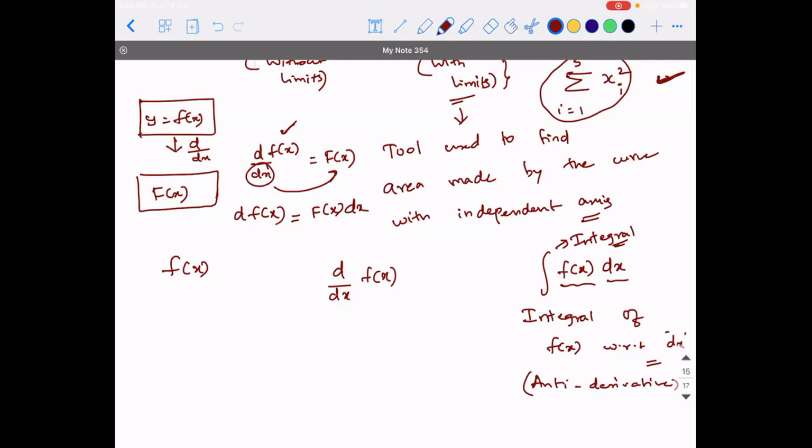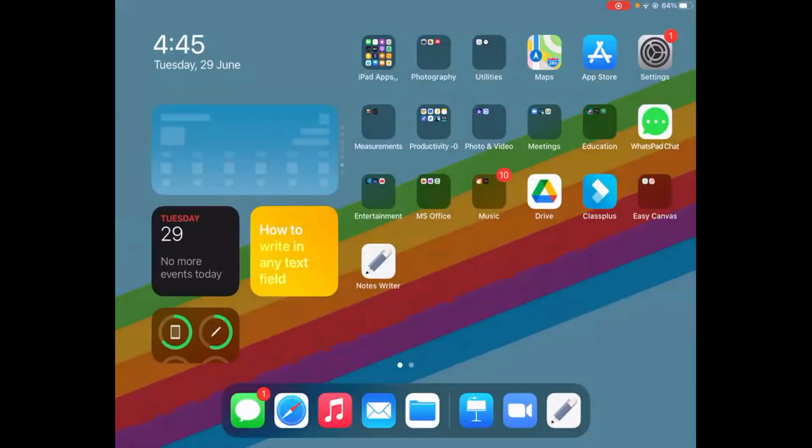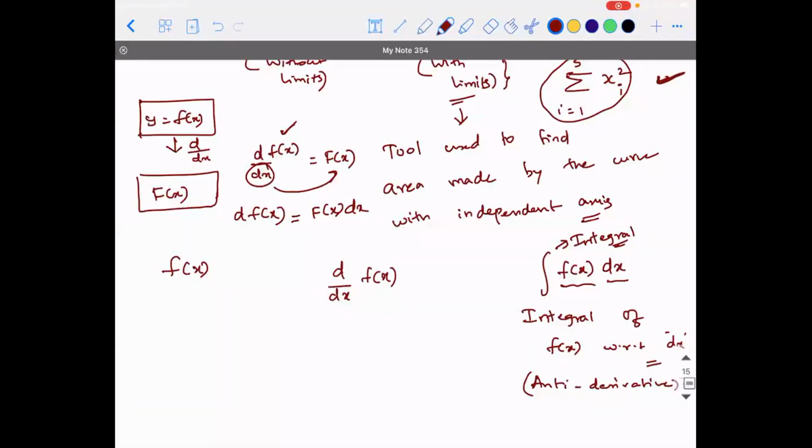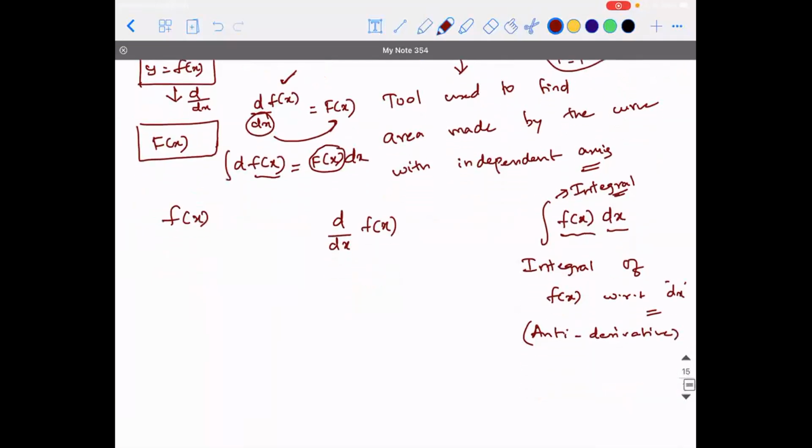Guys, are you able to hear me? Cos x. Yes, it is going to be cos x. So derivative of sin x is equal to cos x into dx. Can I write it like that? Now, if I put the integral symbol on both sides, integral and derivative are counter operations of each other. So f of x will be equal to the integral of capital F of x dx. If you differentiate sin x, you get cos x. If you integrate cos x, what will you get?